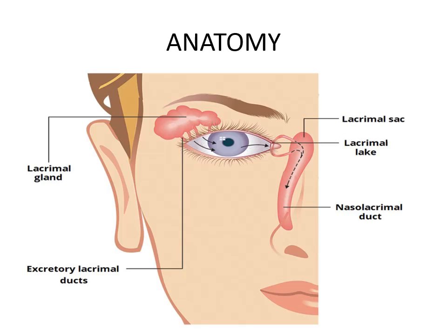Have a look at this picture. Now in this picture there are two components. One is the secretory part and the other one is the drainage system. In the secretory part you mainly have the lacrimal gland. From the lacrimal gland you have some ducts called the excretory ducts, and they open into the upper part of the eye, the upper fornix. And you have the drainage system. In the drainage system you have the canaliculi. From there they join to form the common canaliculus, which forms the lacrimal sac, then the nasolacrimal duct, which finally opens up into the inferior meatus.